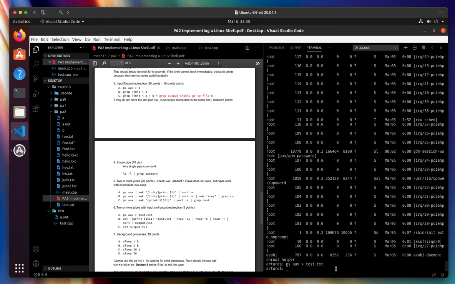And then we can probably do something like grep root, and then we can do like